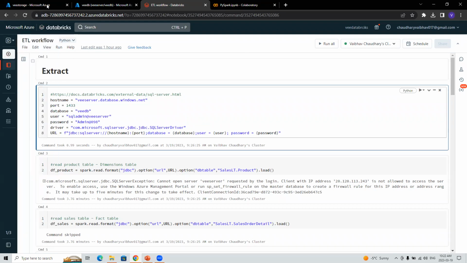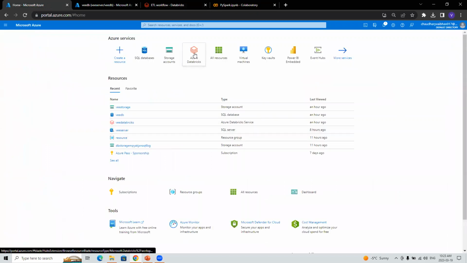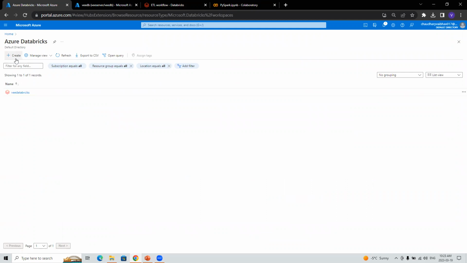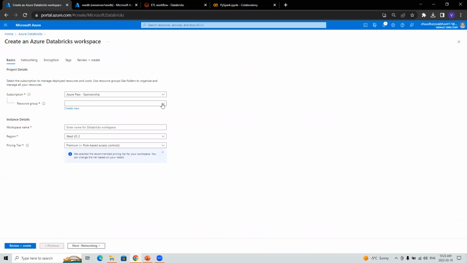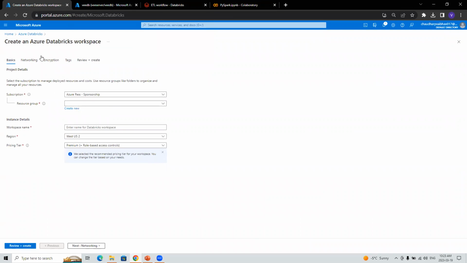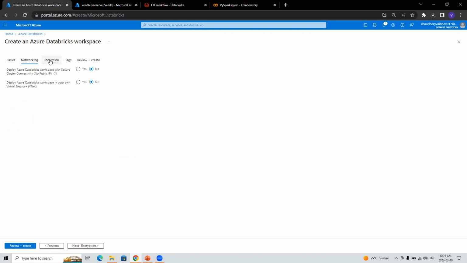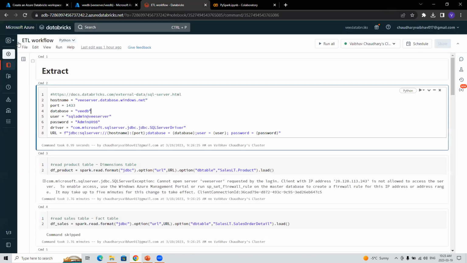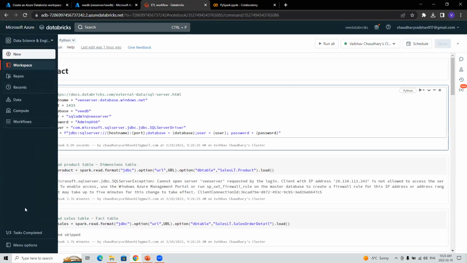This is a Databricks workflow and Databricks notebook, I mean. And one of the participants here, they were having a doubt in the Databricks, like when we are having a Databricks account or a workspace, what is there, the worker node and all those things. So basically, when you're making Databricks, you have to go through a bunch of things here, like your location, your pricing tier. I just go with the standard because I'm learning, obviously. But for people who are having like businesses, they may go with the premium. And then there's a bunch of things here. But when you are inside the Databricks, this is how it looks like.